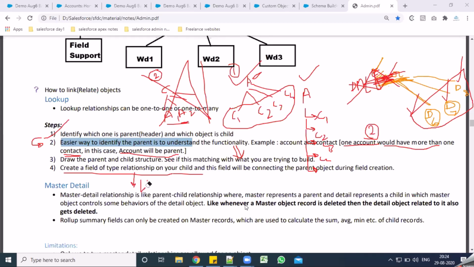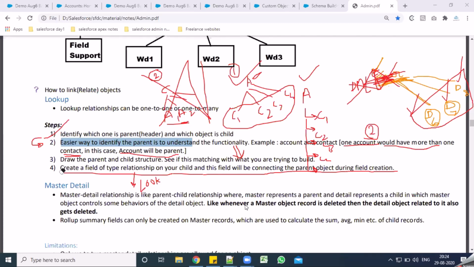For now, what we have looked at is relationship as lookup. Right? We have created a relationship called lookup on your child, and this field will be connecting the parent object during your field creation. So what is this fourth step talking about? The fourth step is talking about create a field of type relationship.